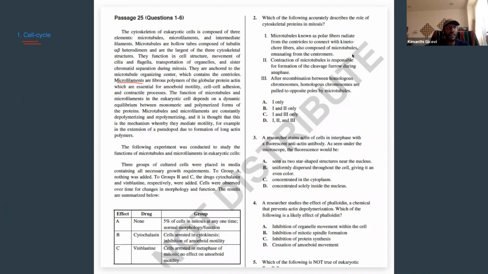all about cancer, right? So they first start off by telling you something about the cytoskeleton, and they list in here a number of different functions of microfilaments, microtubules specifically. One of them is mitosis. Specifically, they mention that microfilaments are involved in the transportation of organelles and sister chromatids during mitosis, right? So what they're really saying is that microfilaments are important in the cell cycle, specifically in metaphase and in anaphase, okay?